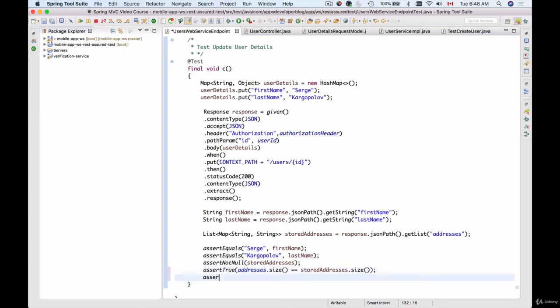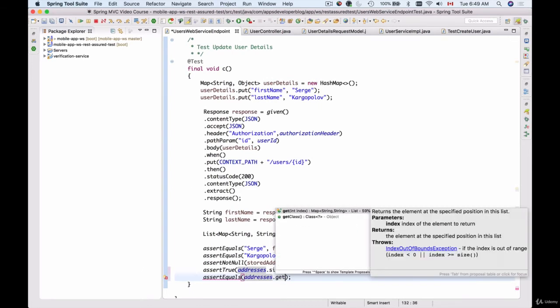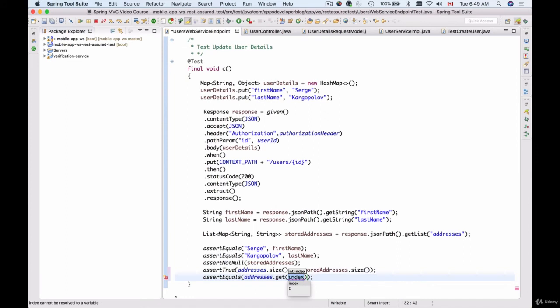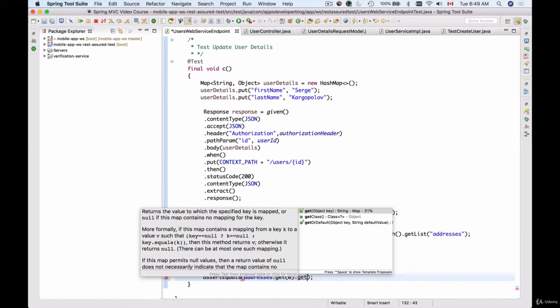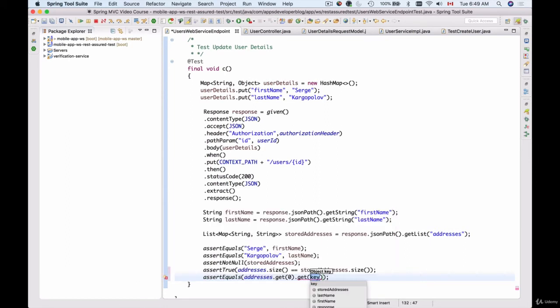I will assert equals, and now I will take the original list of addresses and get the first element from it. I'll get the first address, so that will be under index 0, and then I will get a street name from it. So I will get an object, and that object is now the address record, and I know that my address record has a street name